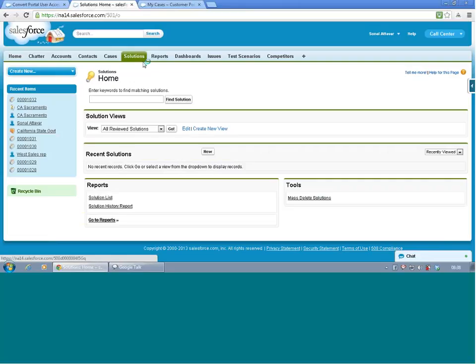Go to the solutions tab. Now either you can find a solution or create a new solution. Okay, let's create a new solution. So click New